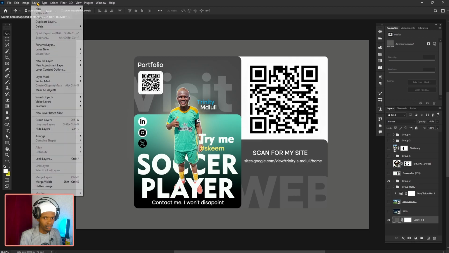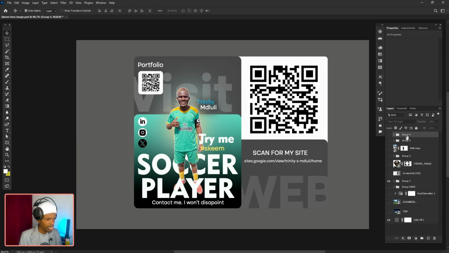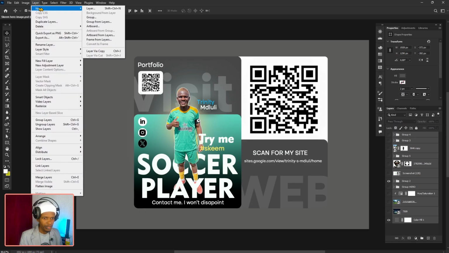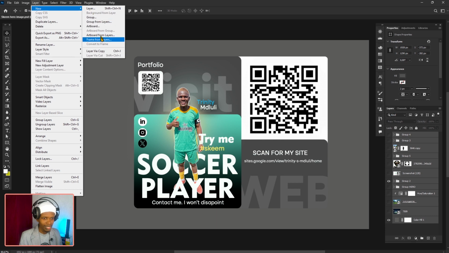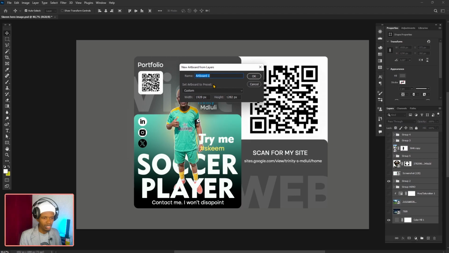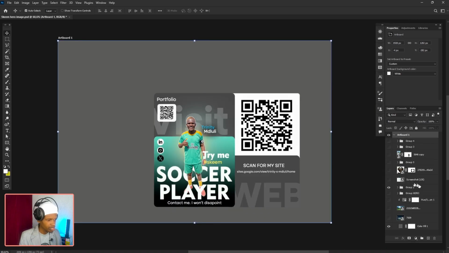So go over to layers option and go to new. In fact, before you do all that, make sure you select every layer in there, okay? Every layer is selected. You see that? Now you can go to layer, new, and then artboard from layers. You click this, and then you can name the artboard whatever you want to name it. Click OK, and now you have a new artboard, and then you could collapse it like that and start working